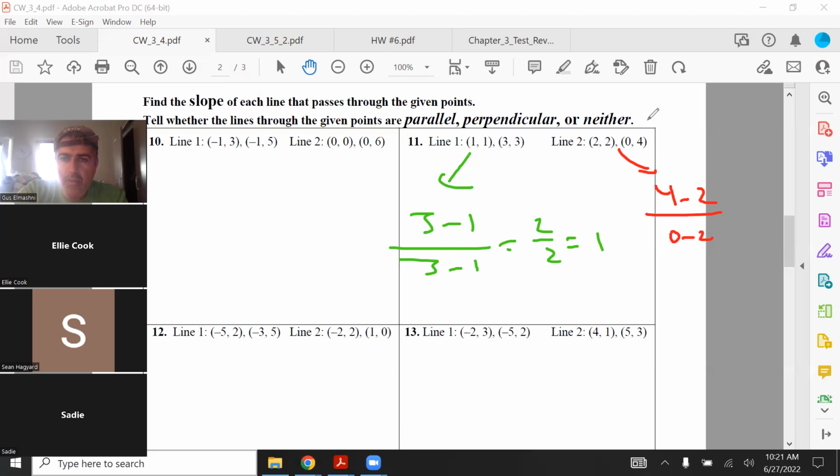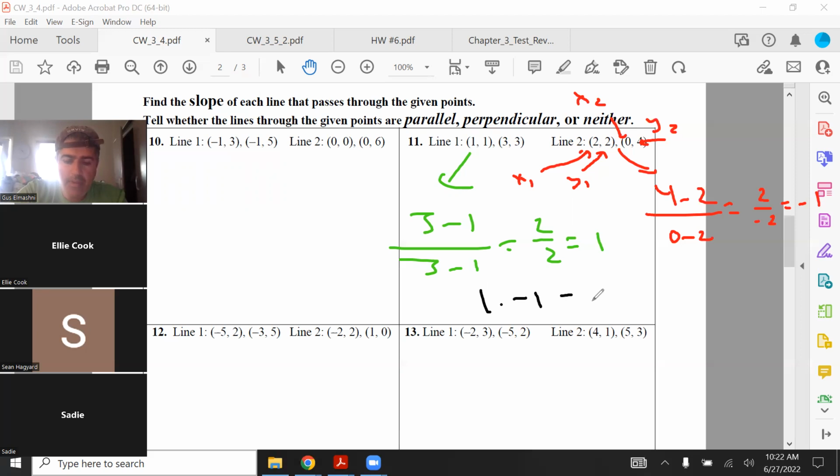So I'm calling this y2. I'm calling this x2. Then I'm calling this y1 and that x1. So again, you're doing 4 minus 2 over 0 minus 2. That's going to be 2 over negative 2, which is negative 1. So they're not parallel. They're not the same. But they are perpendicular because